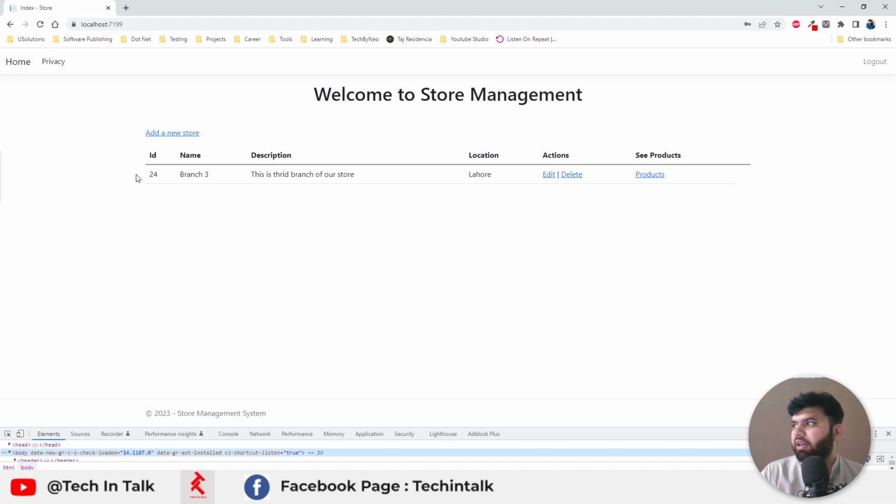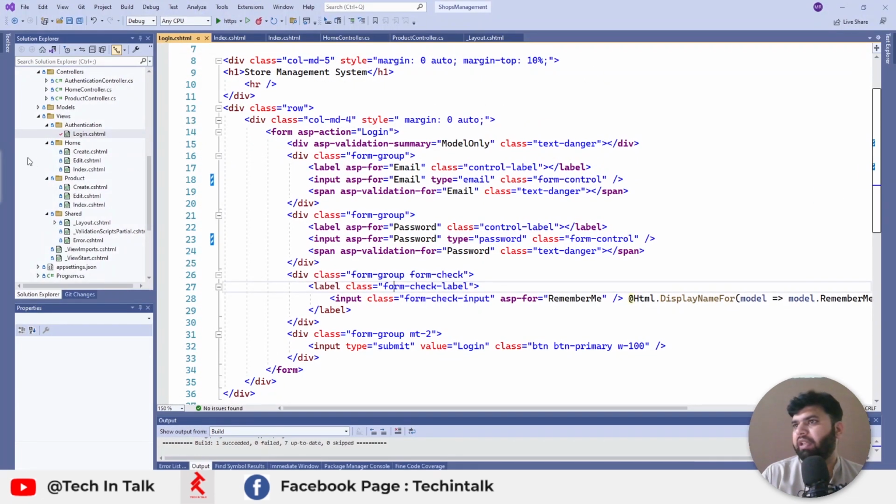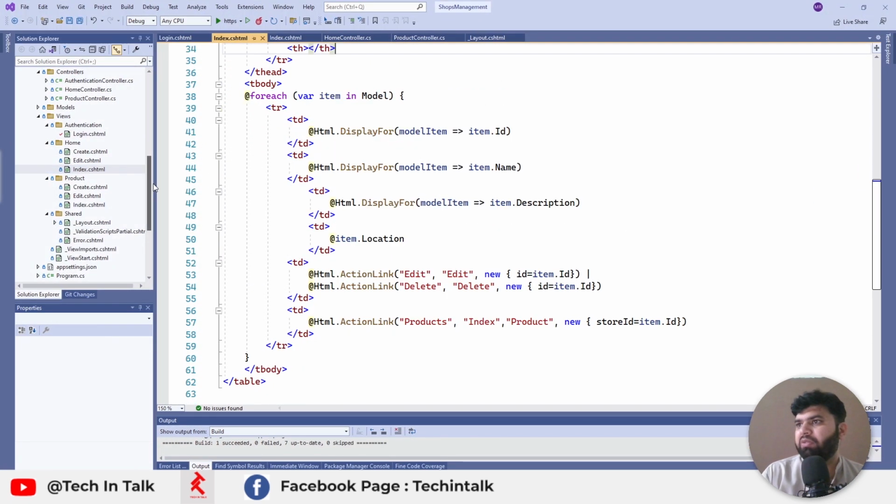stores. I don't think that is a very UI friendly view from the user perspective. So let's try to update this one into tile and card forms. So let me try to update that one. For that one, we will go to index.cshtml inside the home folder, and here we can add the required